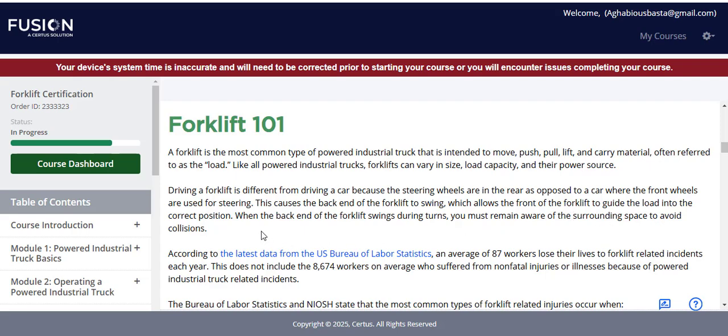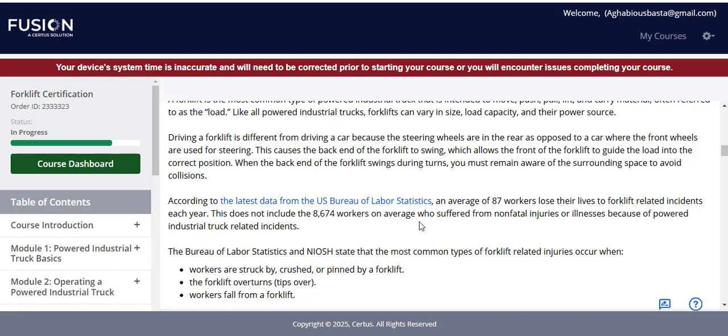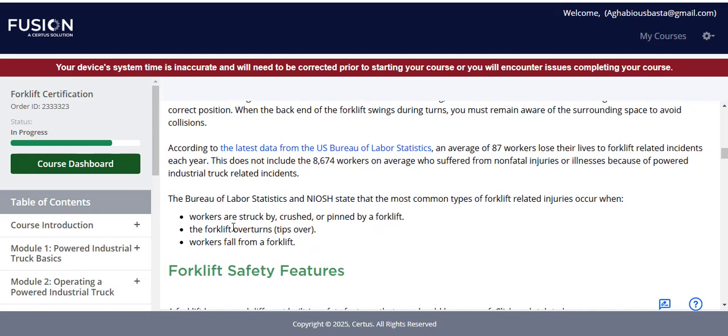According to the latest data from the U.S. Bureau of Labor Statistics, an average of 87 workers lose their lives to forklift-related incidents each year. This does not include the 8,674 workers on average who suffered from non-fatal injuries or illnesses because of powered industrial truck-related incidents. The Bureau of Labor Statistics and NIOSH state that the most common types of forklift-related injuries occur when